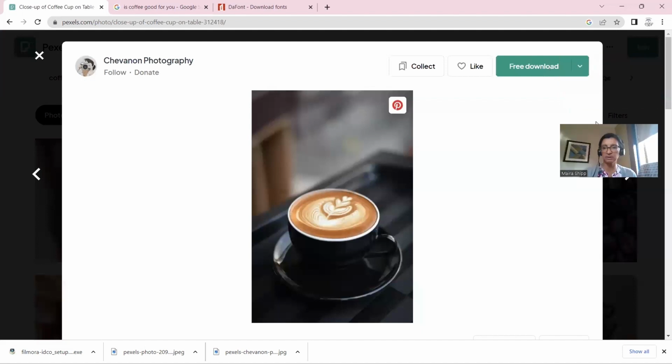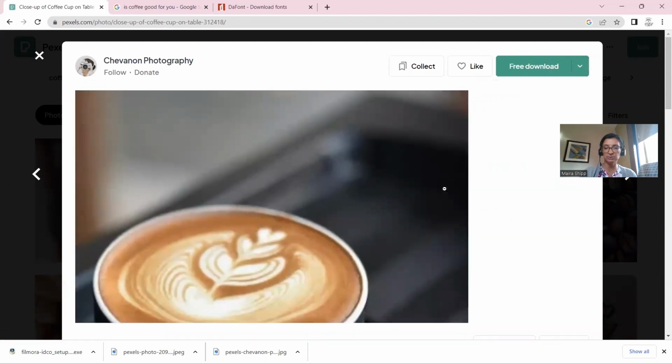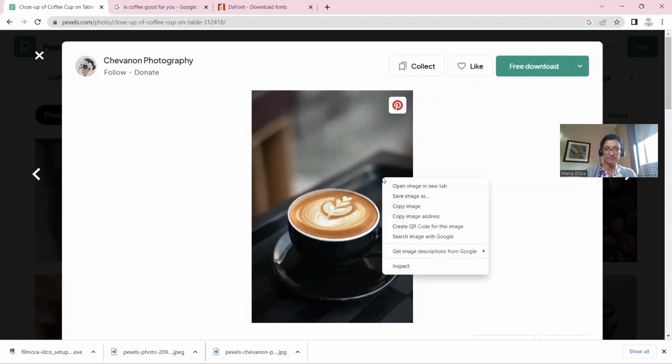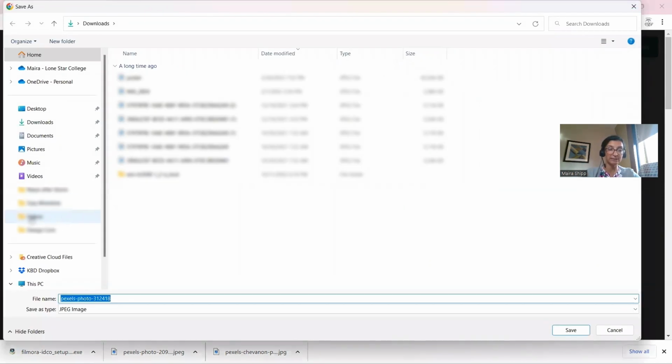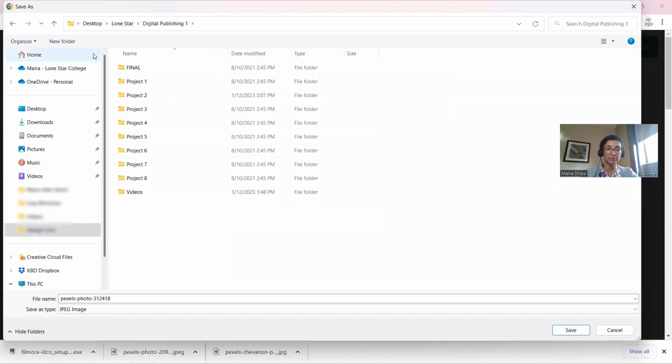You can click download and you can see the different sizes that you have. But I like to right click and save image as, because it allows me to save it where I need it to go. And so I want to go to a folder and create a new folder where all of my images are going to be,